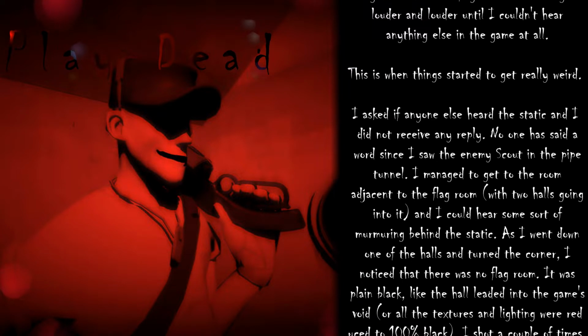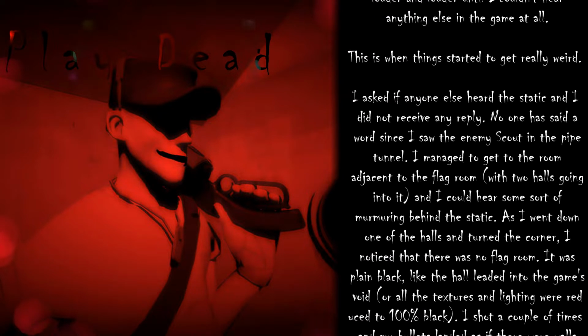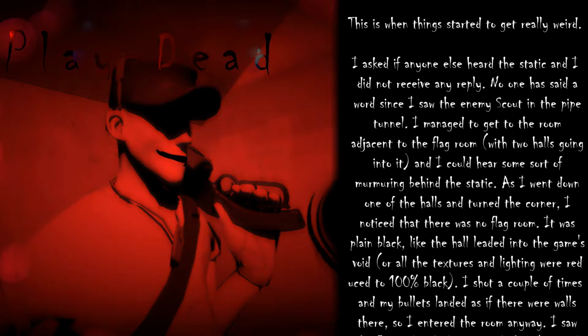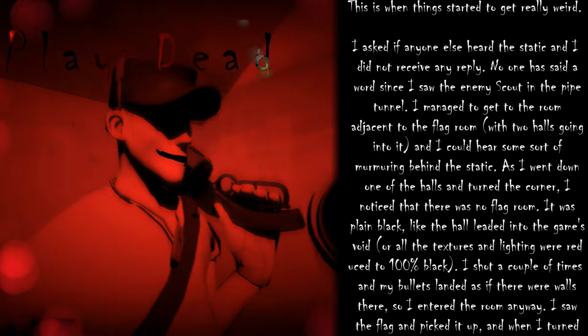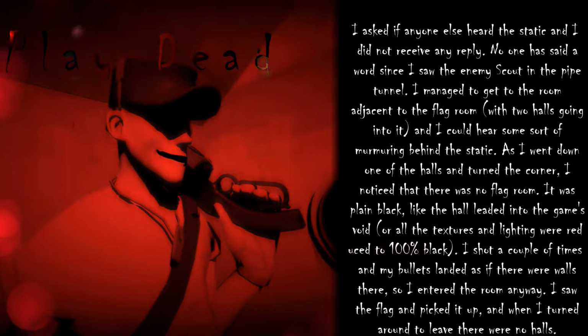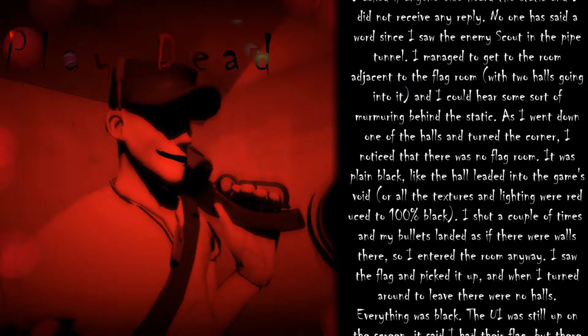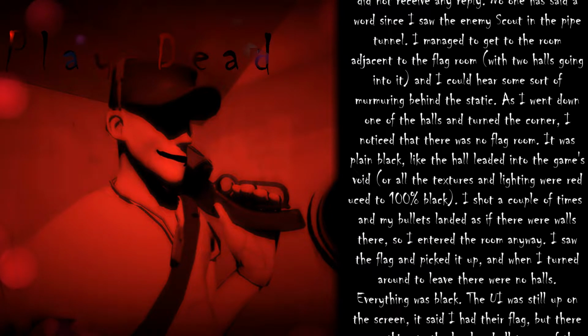As I went down one of the halls and turned the corner, I noticed that there was no flag room. It was black, like the hole leading into the game's void. All the textures and lighting were reduced to 100% black. I shot a couple of times and my bullets landed as if there were walls there, so I entered the